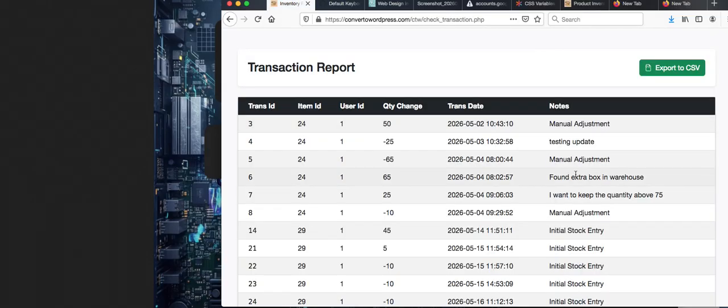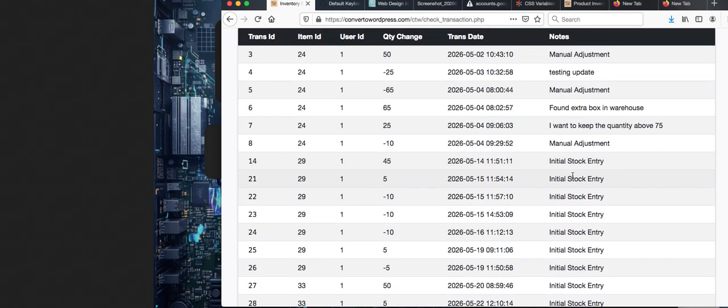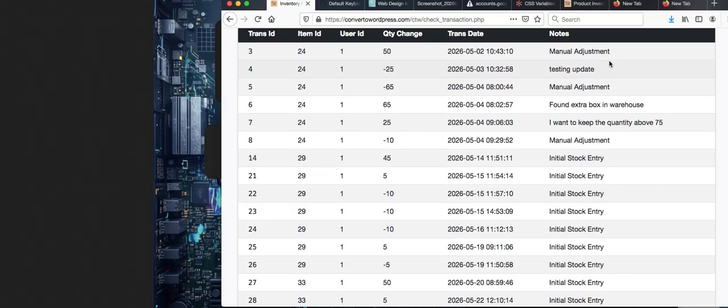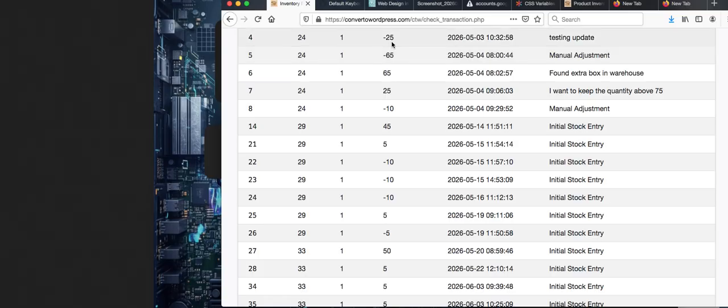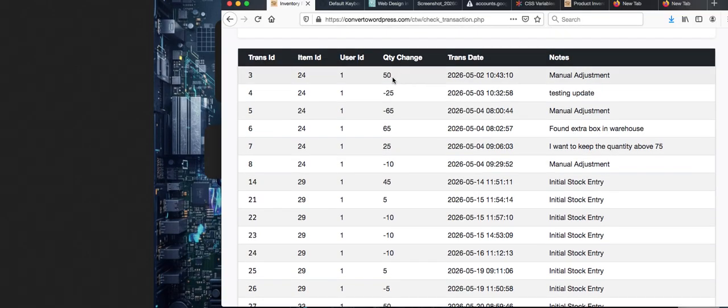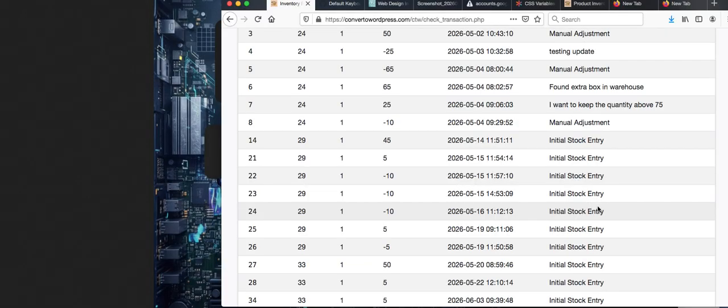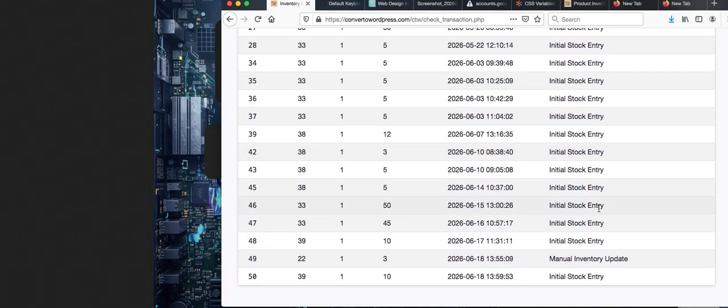See, every time you did, let's say you inserted something, it'll put something in this transaction table. This here means the changes, if it went lower than a certain amount, and the transaction date, and of course notes, initial stock entry. We can always change how you want to present that. The last one was this one. This one was the one that I did for